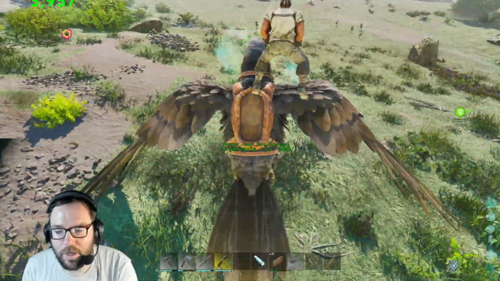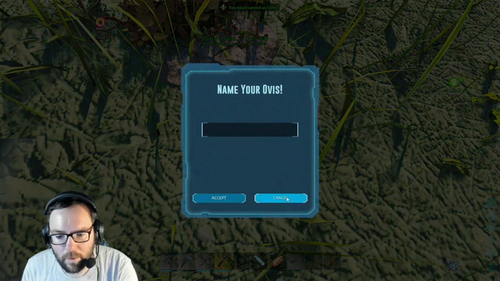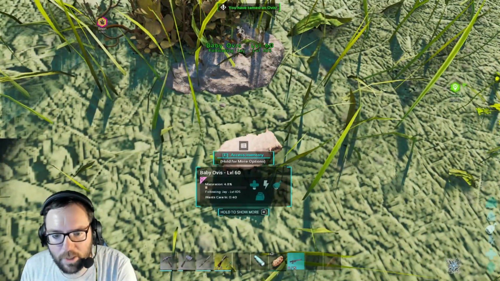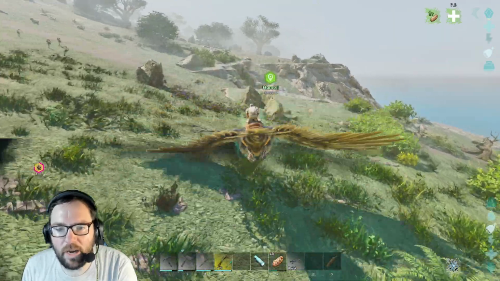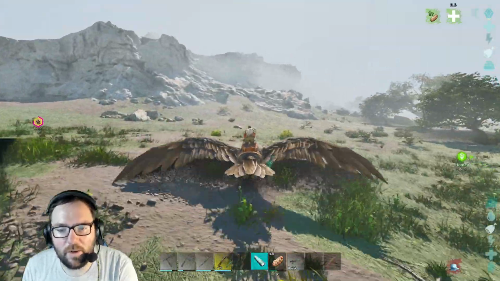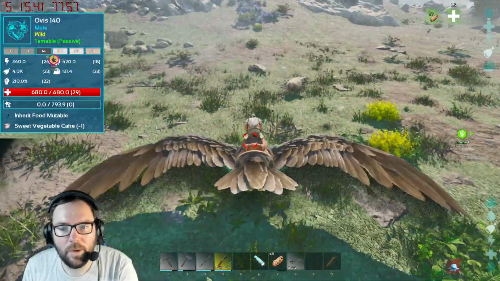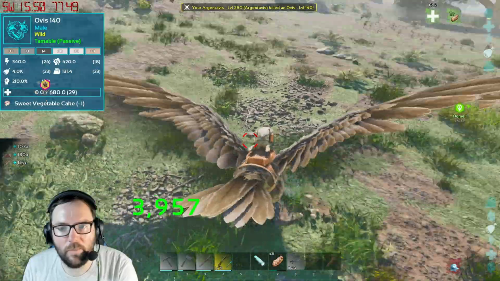You know what? I'll tame a couple sheep. I'm just going to collect a couple sheep. We got a female. If we can get a male, we can get a breeding pair of sheep. Luckily, sheep are everywhere around here. That's a 140, who unfortunately doesn't have a kid, so...